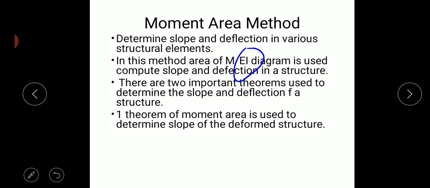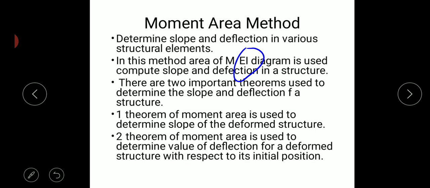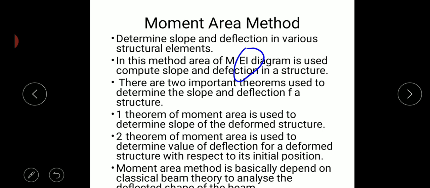So the first theorem of the moment area method is used to determine the slope of the deformed structure, and the second theorem of the moment area method is used to determine the deflection of the deformed structure with reference to its initial position. So always the deflection value will be determined with reference to its initial position itself. Again, the moment area method is basically dependent on the classical beam theory concept in order to analyze the deflected shape